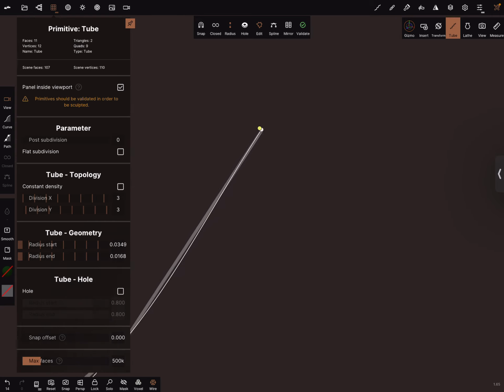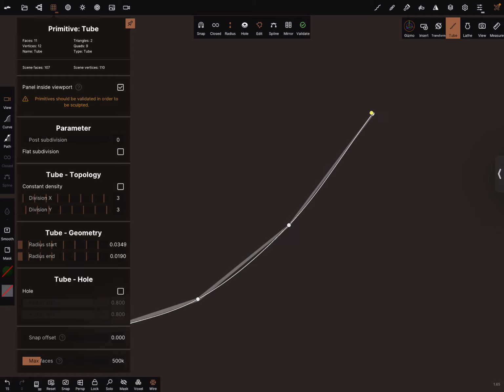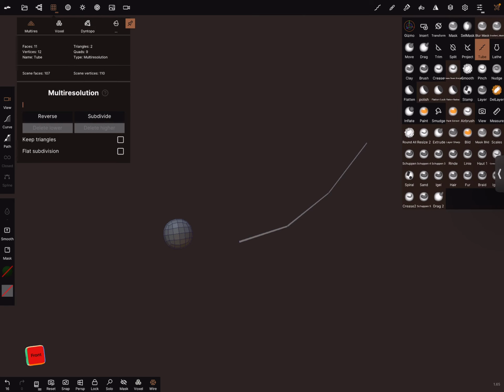Scale inside. Yeah, I think it's okay. Okay, we can validate this object. Turn on the gizmo.